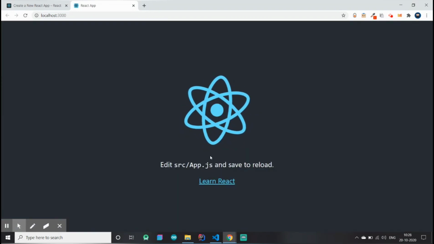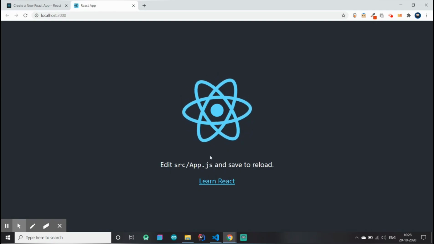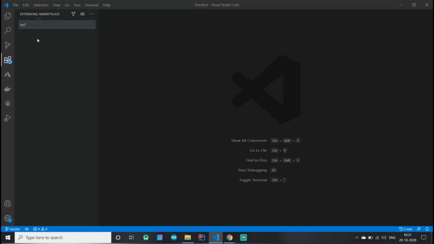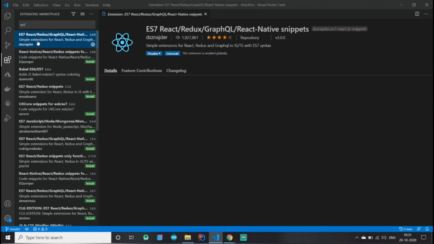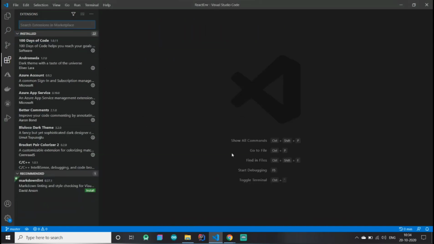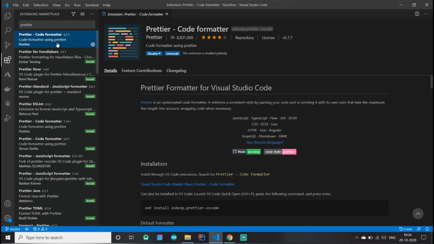Now that you're through with Create React App, let's explore some Visual Studio Code extensions to complement your environment. The first VS Code extension that we are going to check out today is ES7 React Redux Snippets. Using this extension, you can easily work with the syntax followed by React, as it carries with itself some handy code snippets. Formatting code is really important to improve code readability, and the same also helps while debugging. An extension that helps you with code formatting is Prettier, and it's going to be really useful when you're working on large projects.